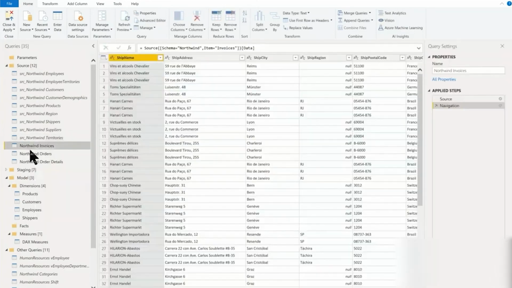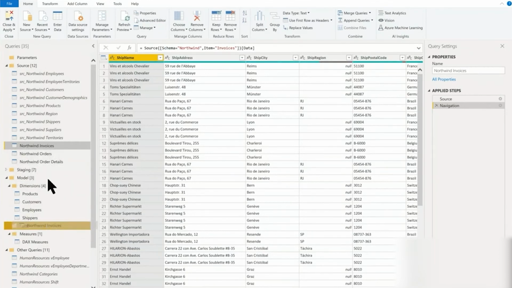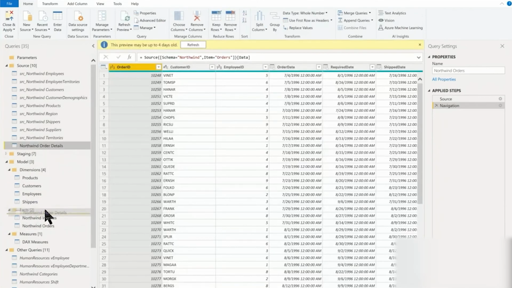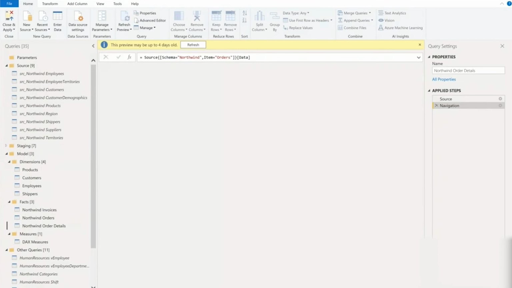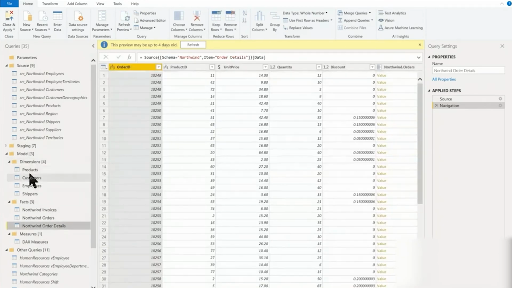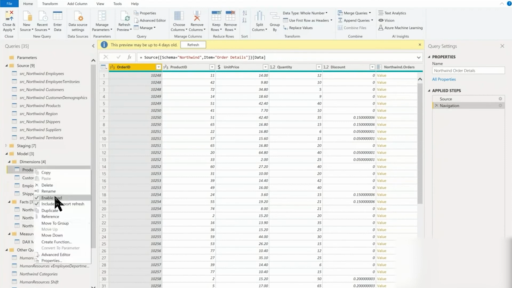These three I haven't moved here because I haven't finished my transformation process, but I could have moved them down here as well. Let's just be puristic here. All of these tables, or I would say queries, do have enable load, so they will end up in the model. So when you hit close and apply,